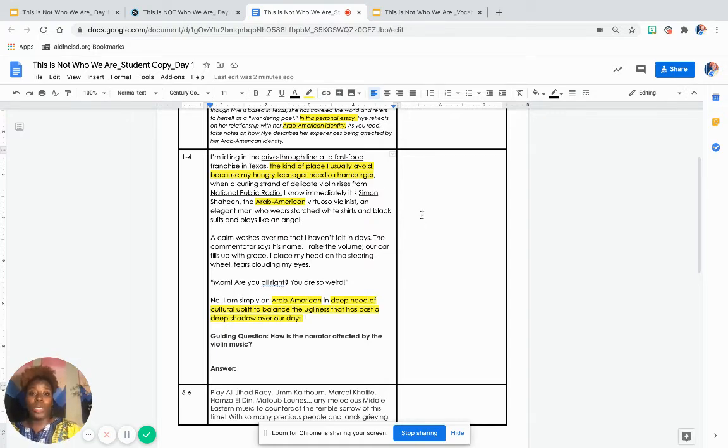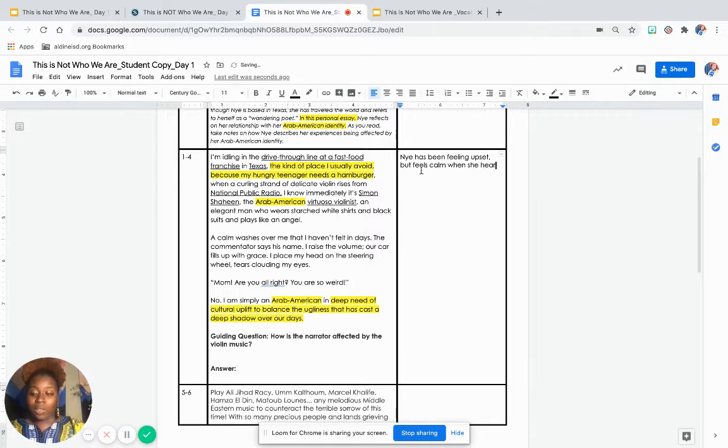Okay, so we know from previous assignments that after we underline those nouns and highlight those things that stand out to us, we need to create or write our gist. Our gist, again, is a 10-word summary of what's going on in the paragraph. Okay, so I'm going to say Nye, because she's the narrator, has been feeling upset but feels calm when